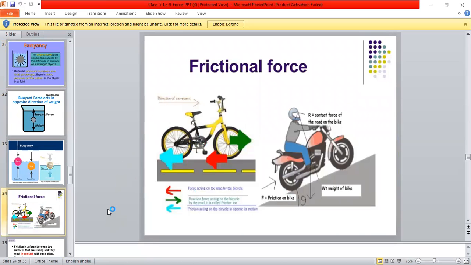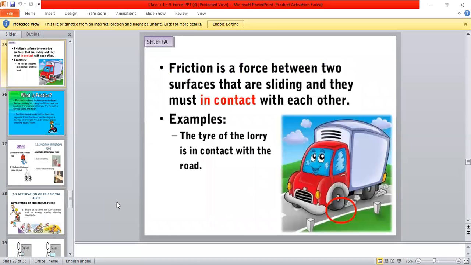Now next we are going to see about the frictional force. What is frictional force? Frictional force, or friction, is a force that tries to stop the movement of objects across a surface. Now frictional force is a force that is exerted by two surfaces when they come in contact with each other. Here in this picture, you can find